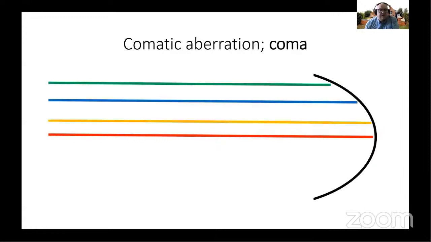And these colors are just different parts of the target rather than different wavelengths. If light path is parallel to this optical axis with the parabolic mirror, then we've already seen that that light will all be reflected nicely to a point on the focal plane,